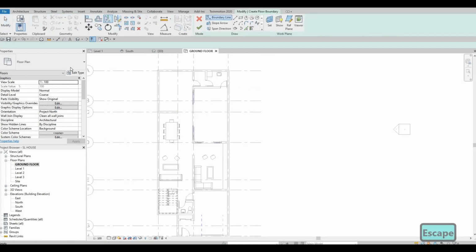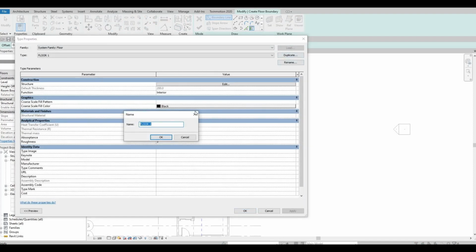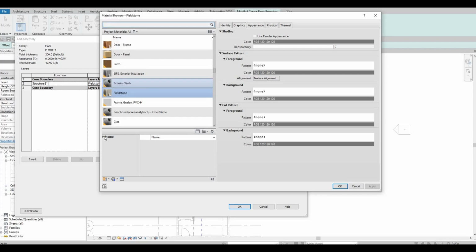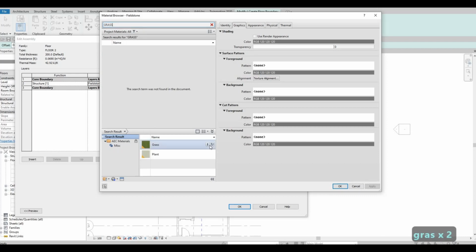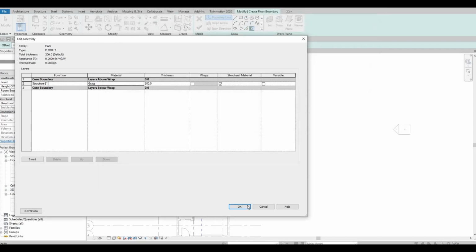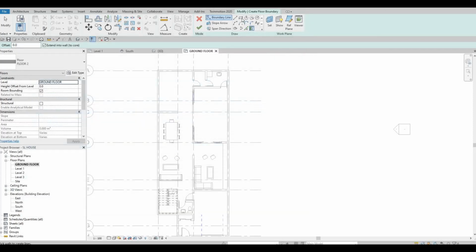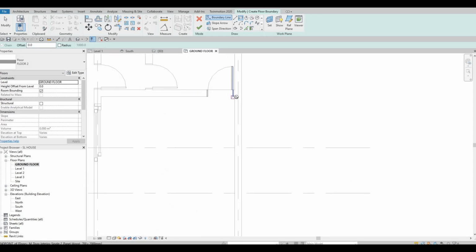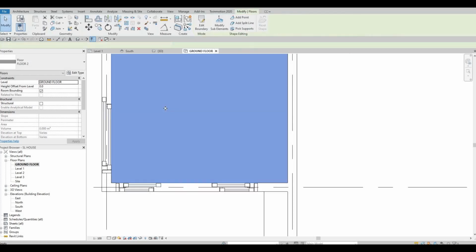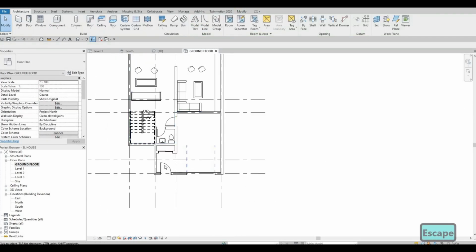So here I'm going to click on floor, edit type, duplicate, and for this one let's add in the grass. So let's make sure to just type it, and then here just pull it up, select it, apply, and then OK. And then right here we just need to add the grass portion of this. Click finish, and then here we need to add in our